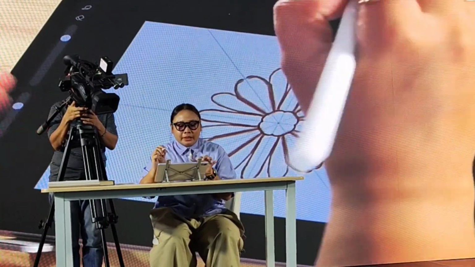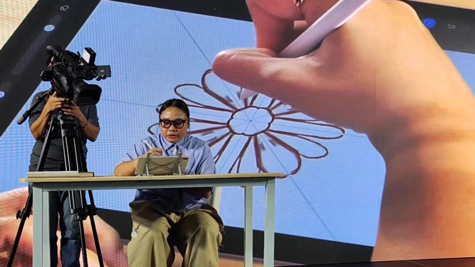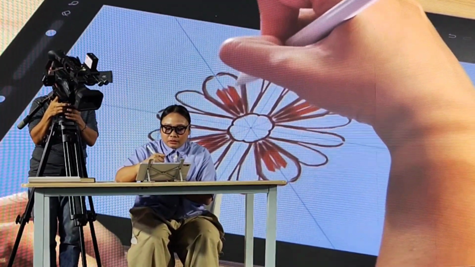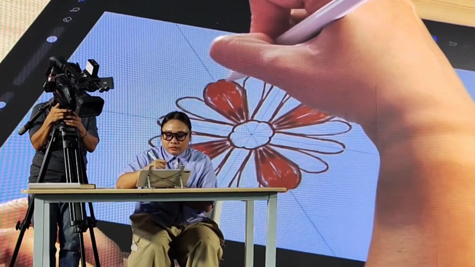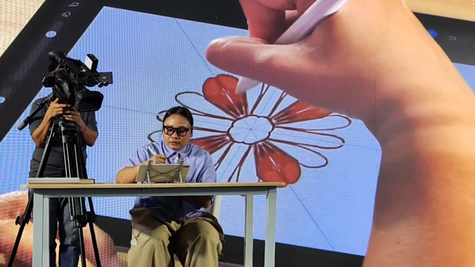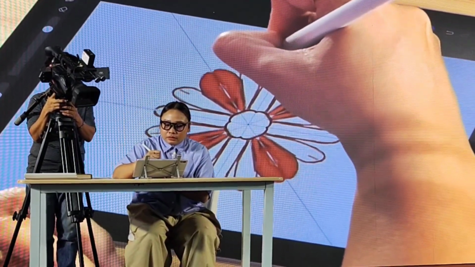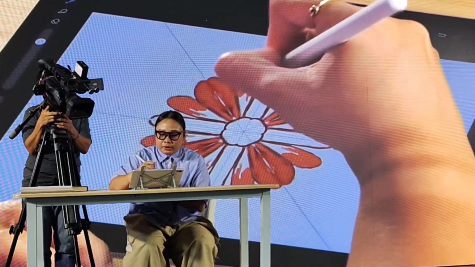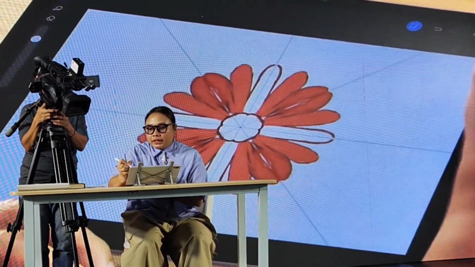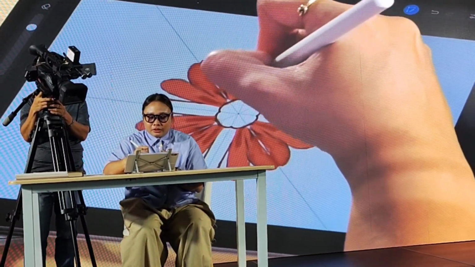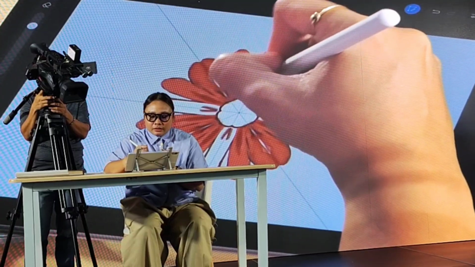It's only one part, it's small. And whatever you do on one part, it will appear on the other parts. So if you color in the center, then it mirrors on the other ones. You don't have to do the egg shape thing.